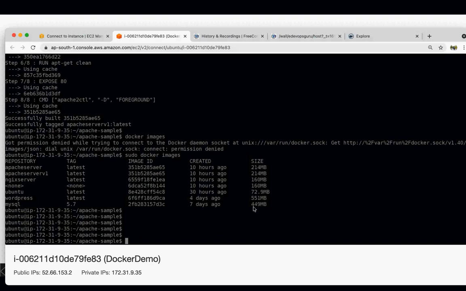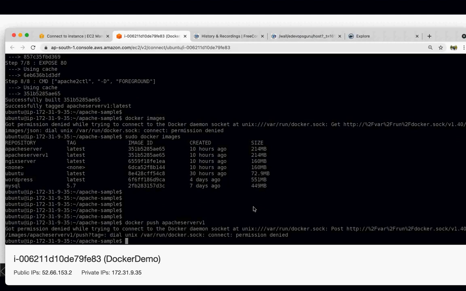If we want to push it to the central repository, you can just write docker push and the name of your Docker image, for example Apache Server v1. Sorry, sudo.